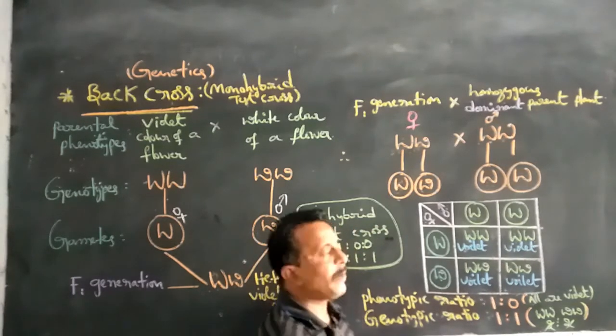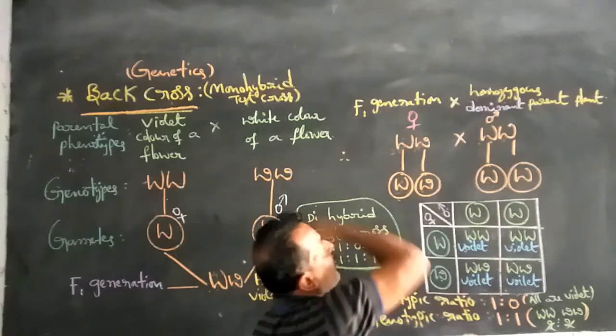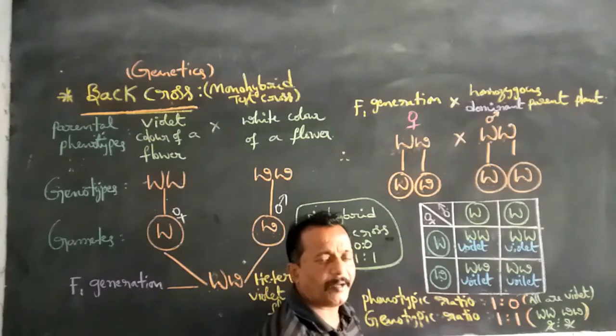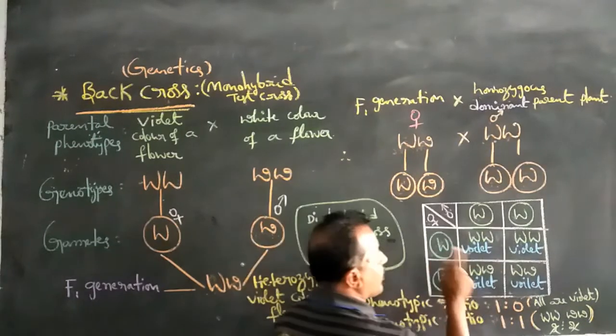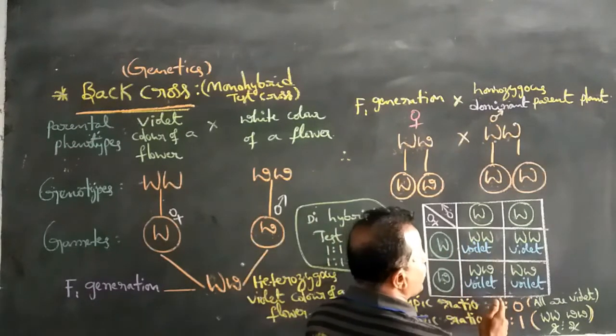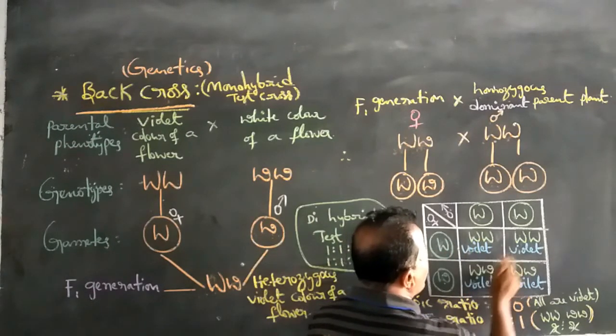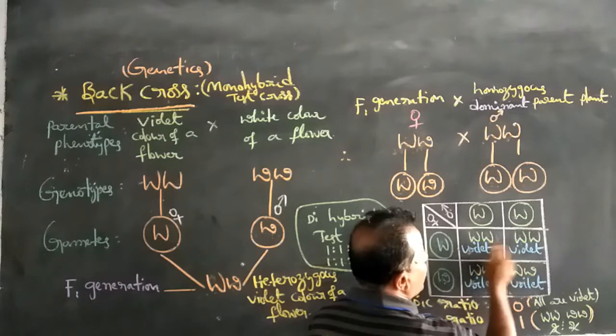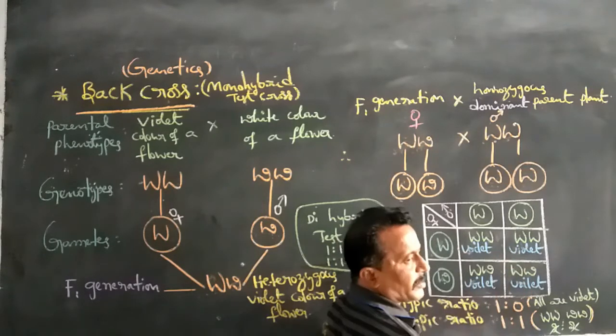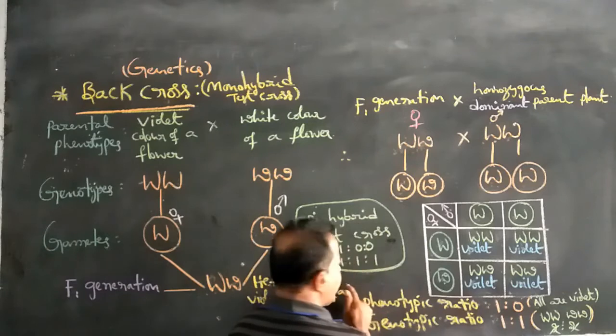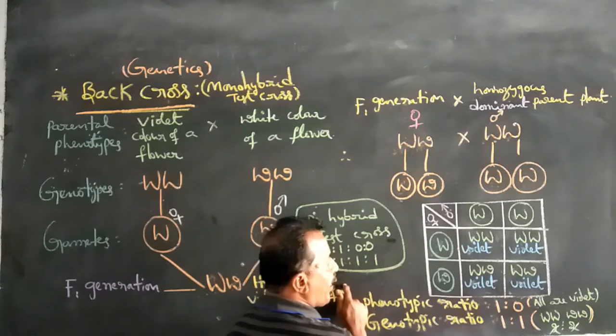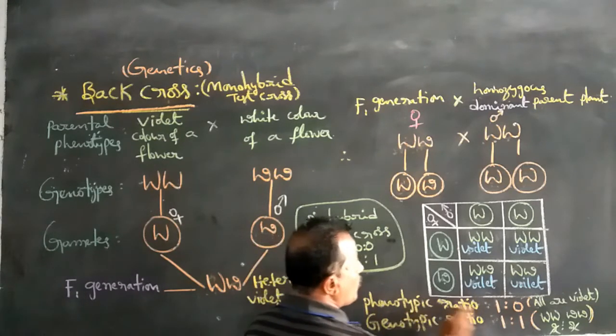In a monohybrid back cross, in the F2 generation all would be white color of the flowers. So hence in a monohybrid back cross, the phenotypic ratio is 1:2